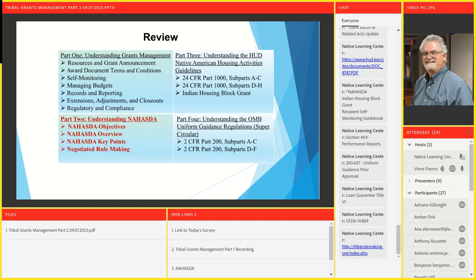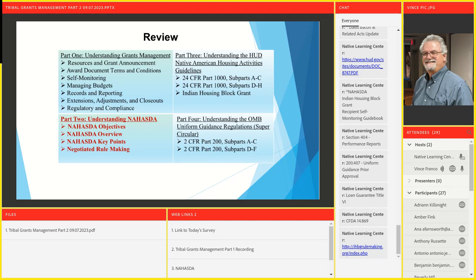Section A are the definitions. You need to know what terms are used and get comfortable with them. So that's part A. B and C of the uniform of 2 CFR Part 200 are more geared towards the federal agencies. The real bread and butter is D and E. D gets into competition and procurement. E gets into allowable costs, what you can and can't spend: allowable, allocable, reasonable, those terms. That's all in section E.